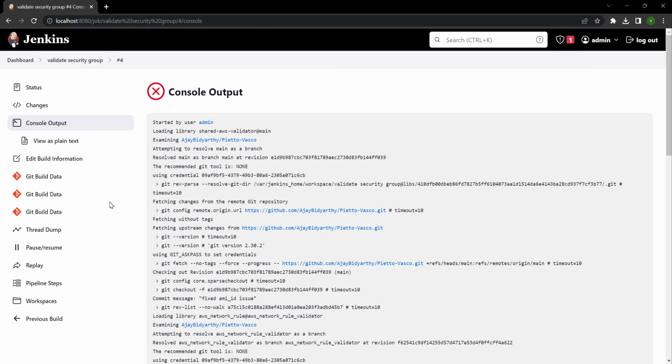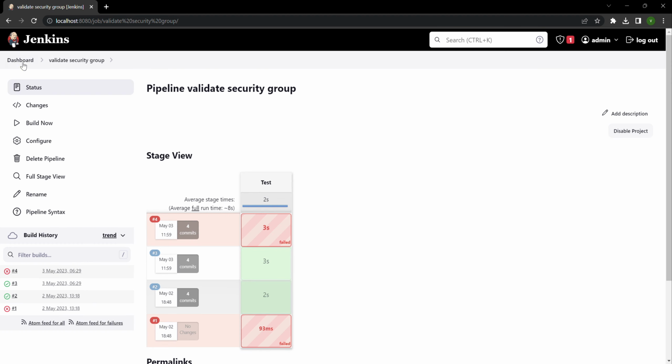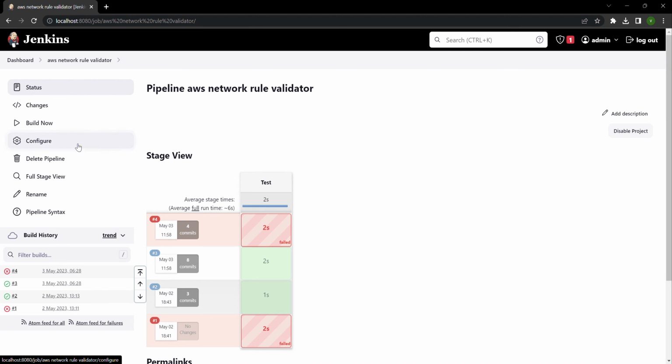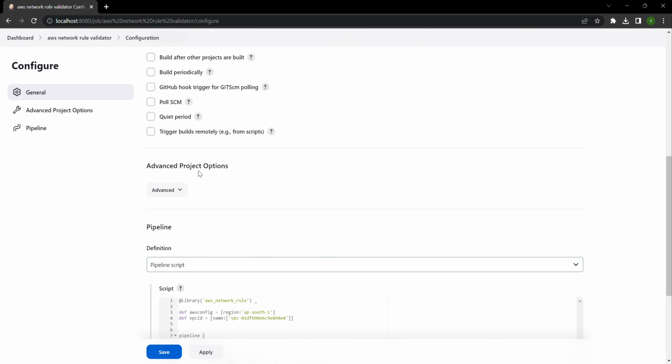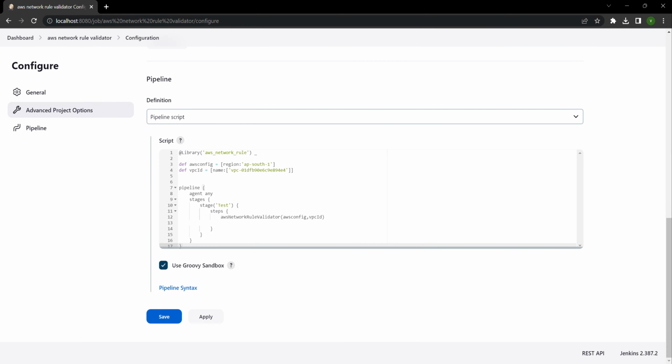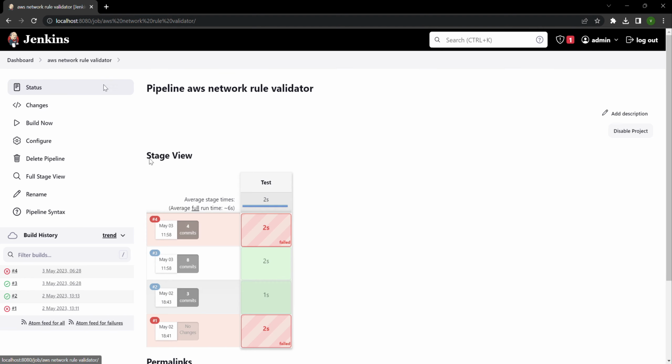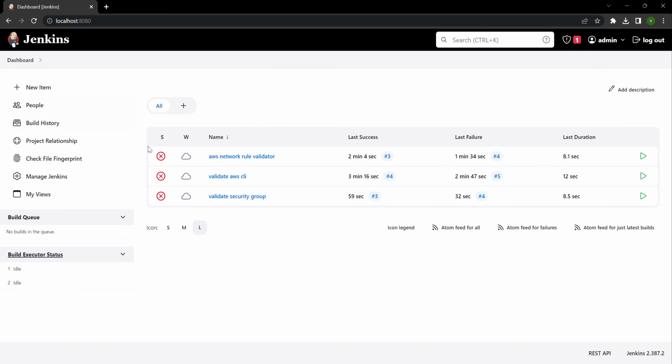So basically in all these libraries we are using AWS CLI, and for creating the library, we have used the Groovy language to create the whole pipeline. So this was a short demo on the